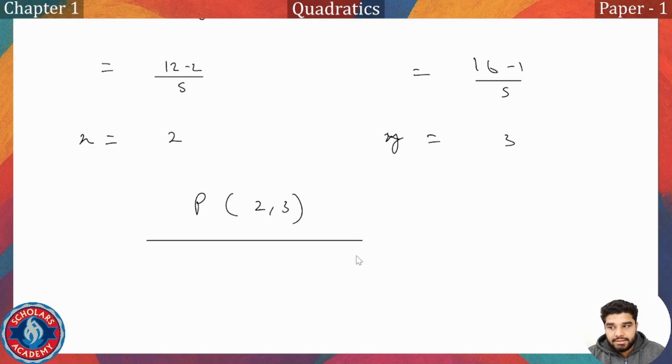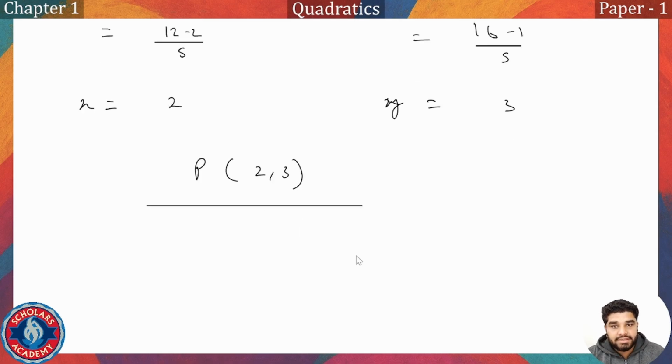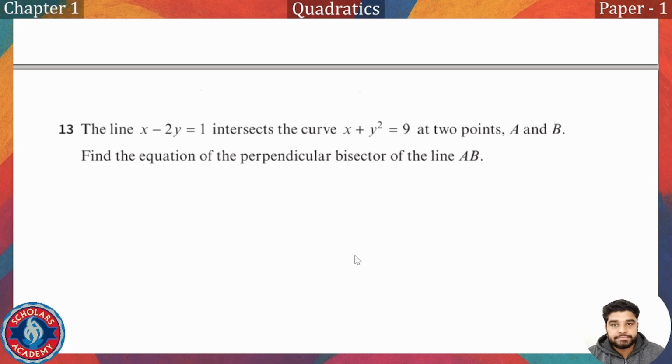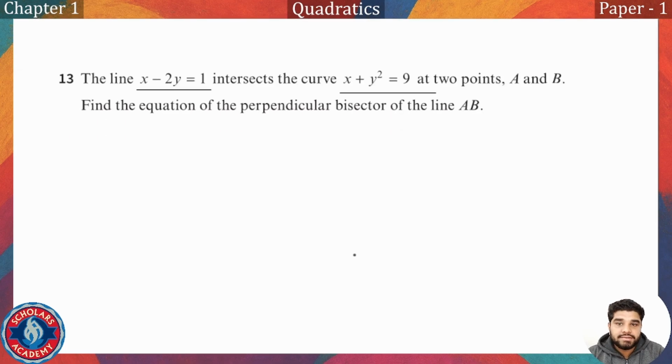All right, let's continue. Okay, so this question says the line x minus 2y is equal to 1 intersects the curve